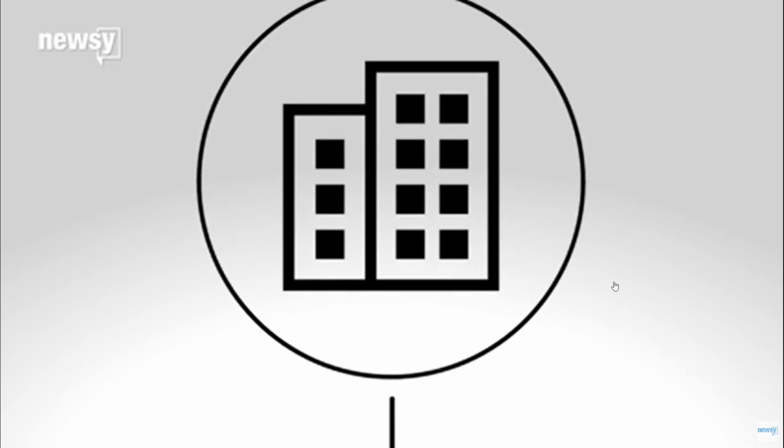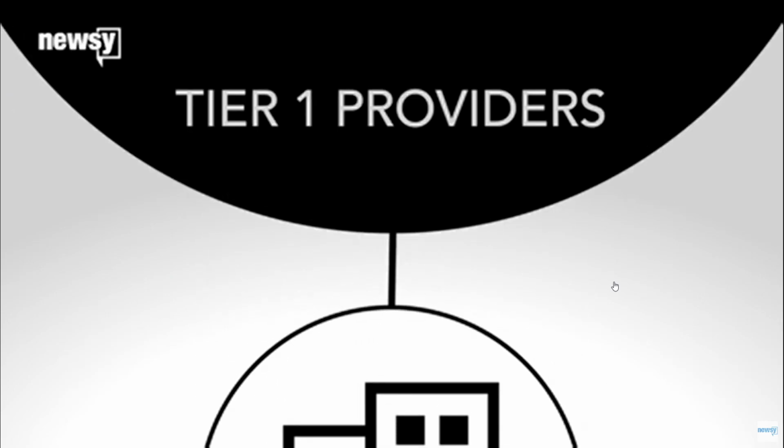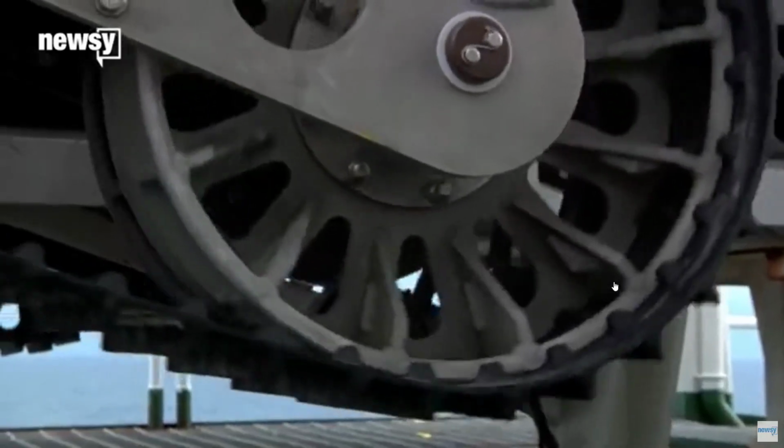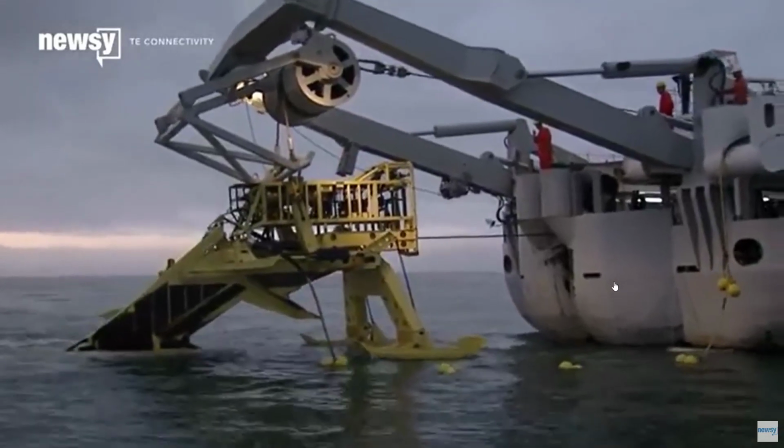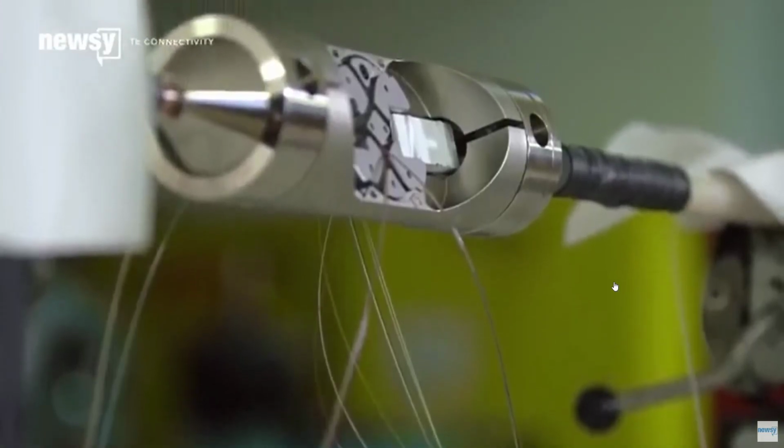Some ISPs buy their own service from even larger ISPs, and at the top of the stack are the Tier 1 providers. These huge networks connect to one another with the help of underwater data cables. They're what make the internet global. Not everything travels across those cables every day, though.